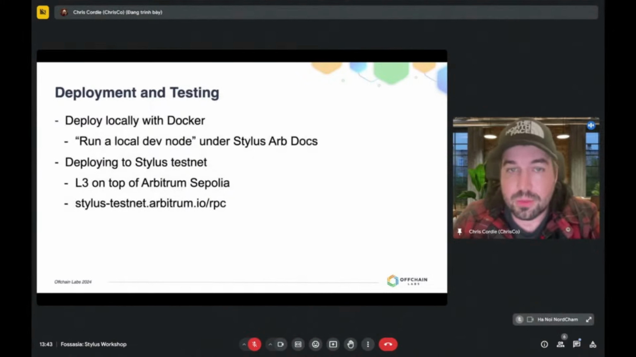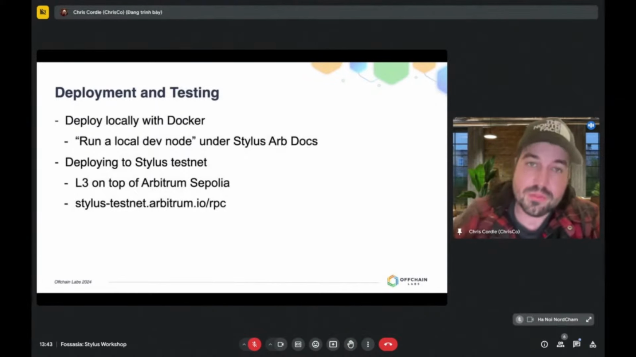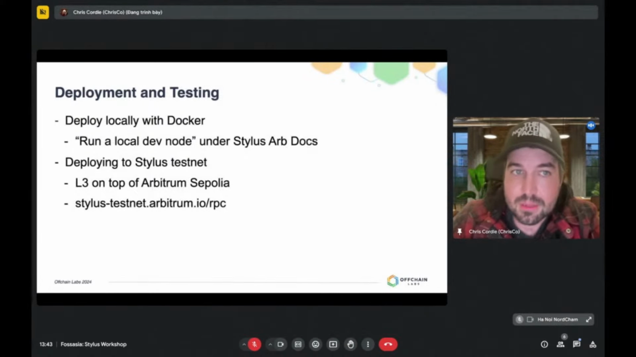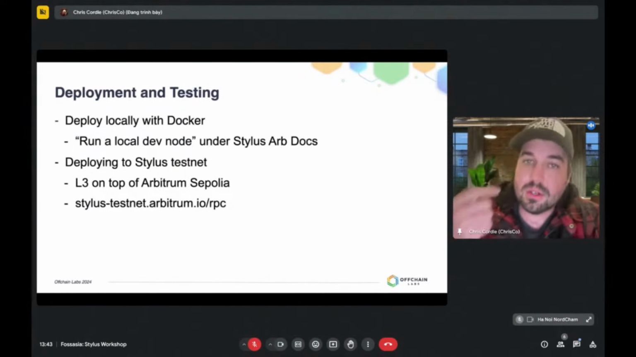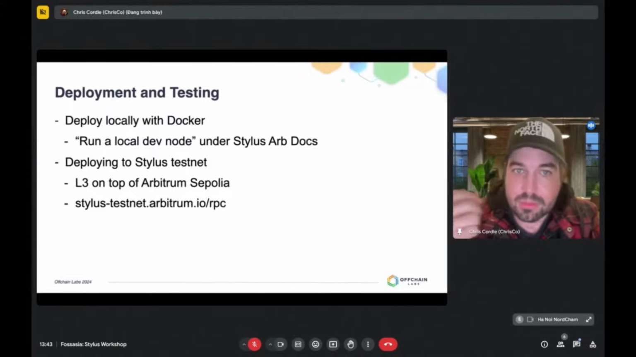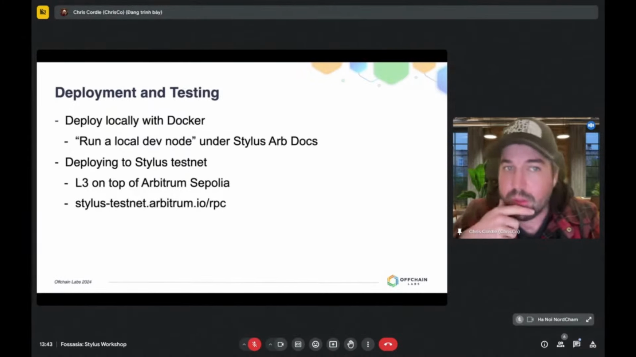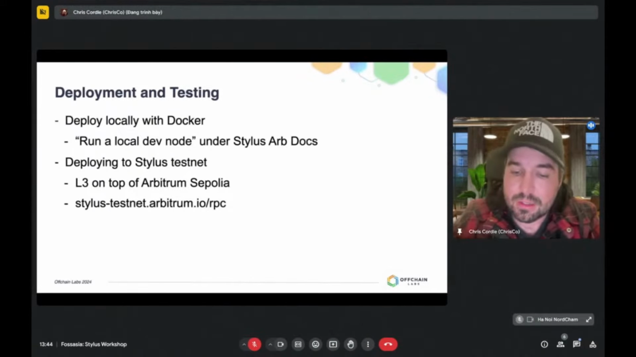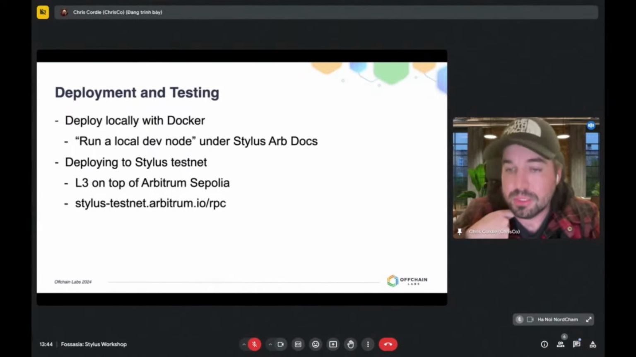Also, when you want to develop a smart contract, it helps to run a local development environment, which we call local dev node. That's also under the Stylus docs, and it's included in the FOSSASIA instructions. So again, hopefully you've got your local dev node set up if you want to follow along. The example that I'm going to show you later will be run on my local machine, but you're